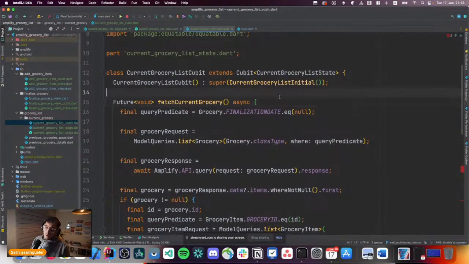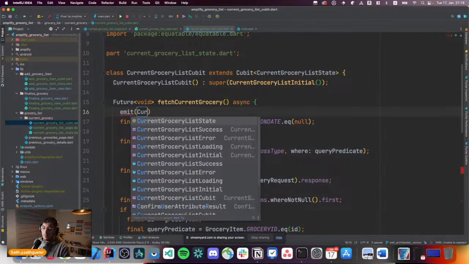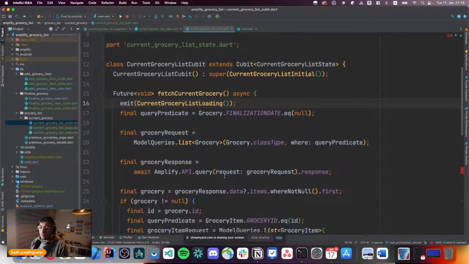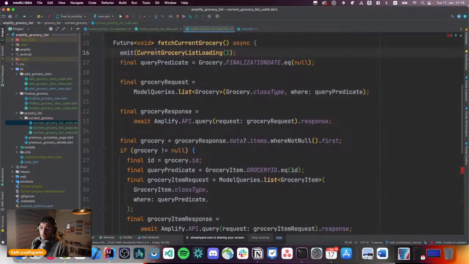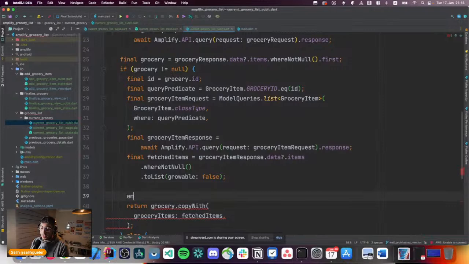In the qubit, how you use the state is like this. What you need to do is say emit current grocery loading. Okay, you know what it does? It says, okay, now I'm in the loading state. When you see in your screen, you will react to it. And the second thing that you're going to do is you are going to say emit